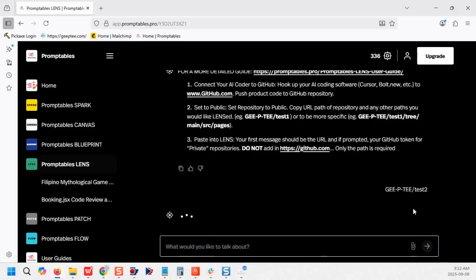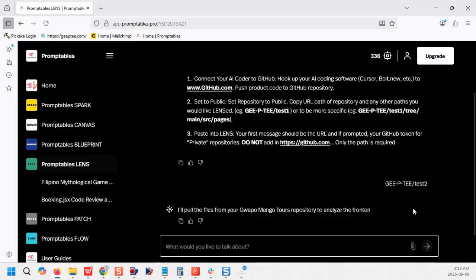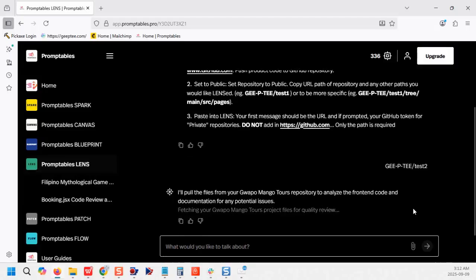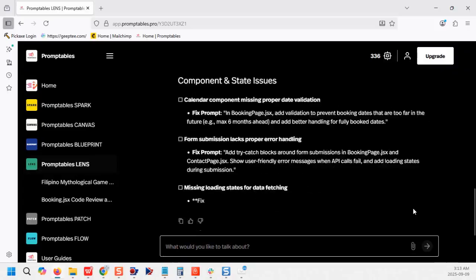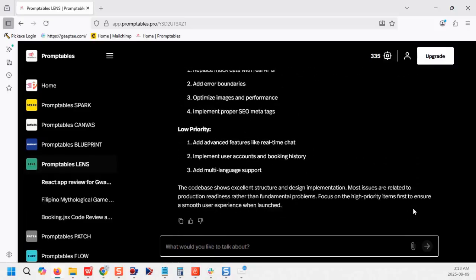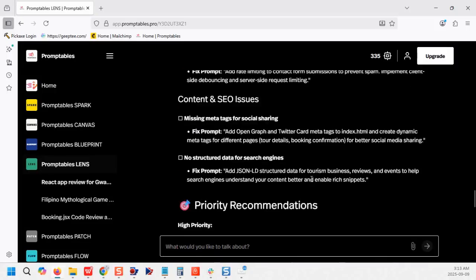We're going to let it do its thing, and what it's going to do is go through all that GitHub code and find any sort of back-end errors. It's going to give us a severity list and all those good sorts of things. Okay, so since we only put in the high-level URL for the repository, it's taken a high-level look